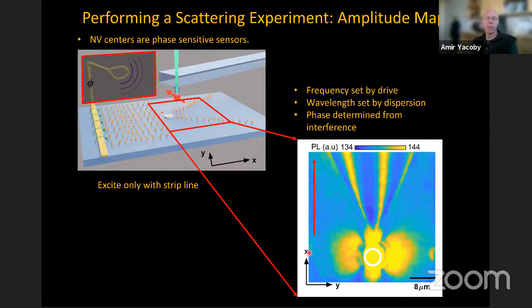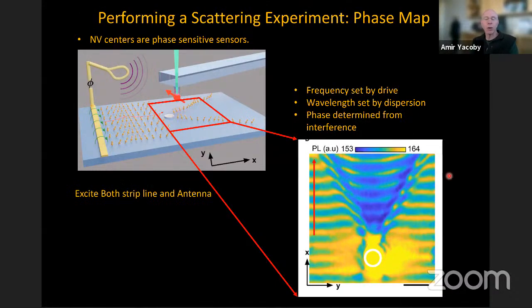And what you see here in the bottom right is the measured intensity of the spin waves in space. You see there's a lot of complicated physics going on near the target, shown here in this white circle. But far away, we get a scattering pattern of the intensity. And we can now measure the phase also. And you see, again, complicated evolution near the scatterer, but something that becomes a little bit more organized in the